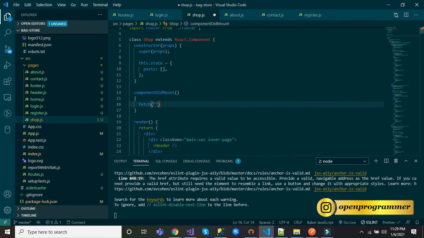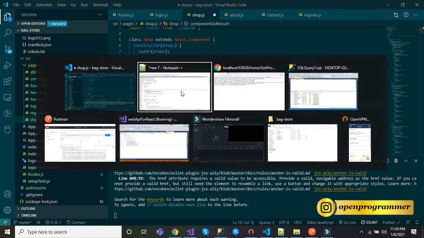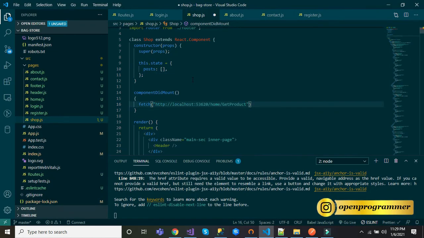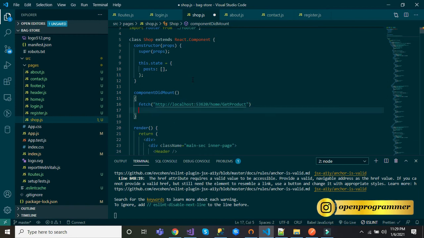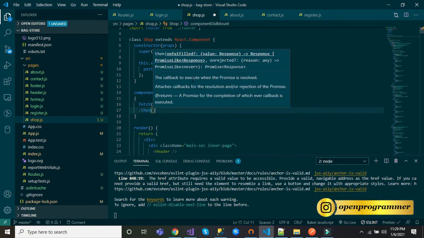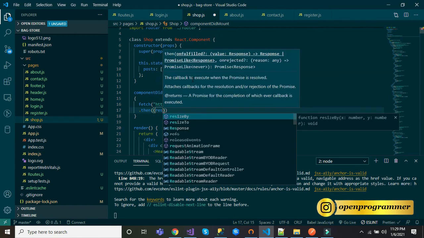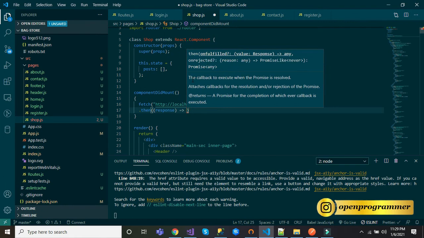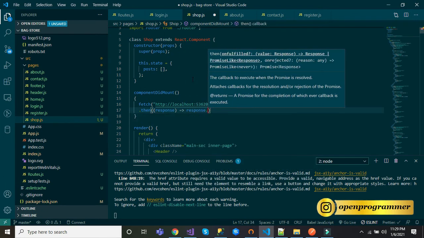This fetch needs a URL. Which URL? This one, the API URL. So I'm pasting it here. And if this call is successful, then we will convert our response into JSON, response.json.